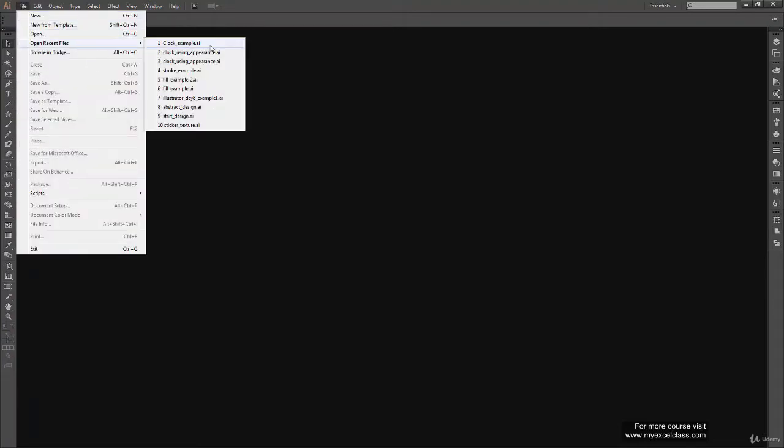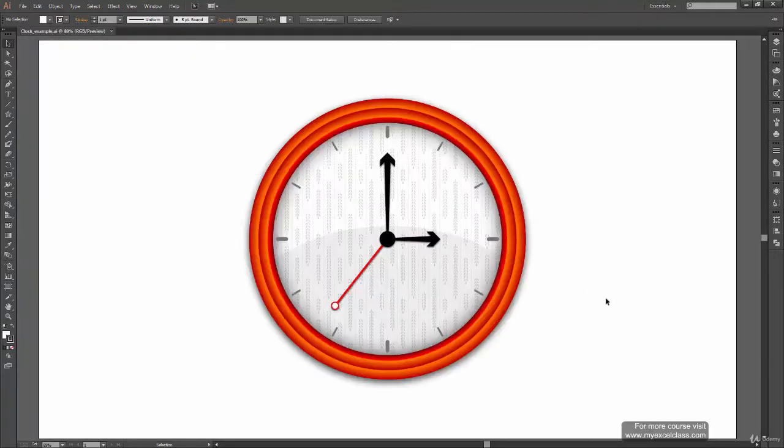So this is a clock example.ai, and this is the thing which we are going to create. Like you can see here, we have some gradient going on, some radial gradient, and then there is a pattern fill, and then there are all the markings on the clock, and then there are these three dials, and then we have this border of the clock, and then there is a drop shadow which gives us a feel that it is slightly above the artwork, or the light is falling from the top and it is giving a shadow at the bottom. How to do that, we will see in a while, because I think we haven't covered effects so far.